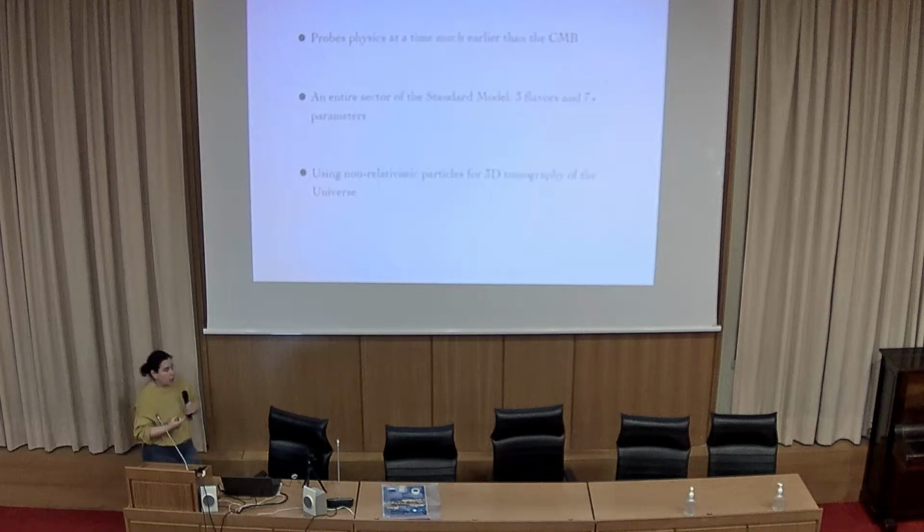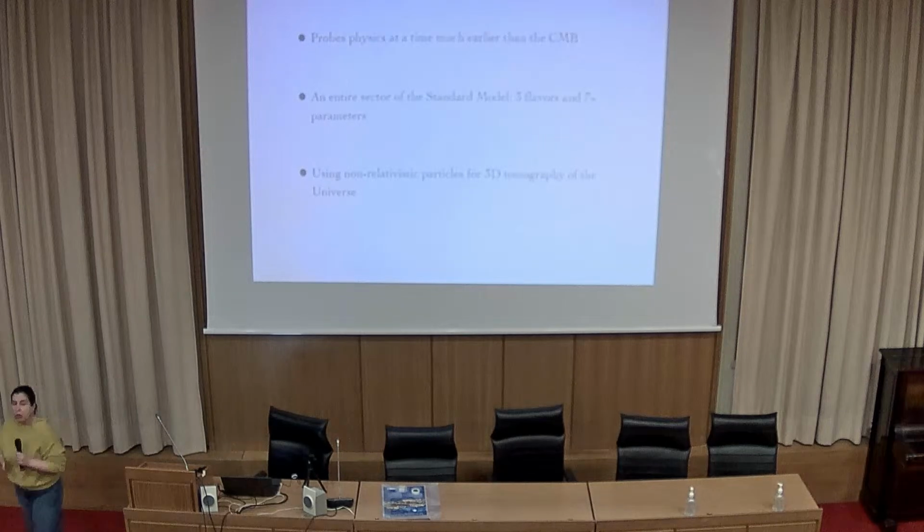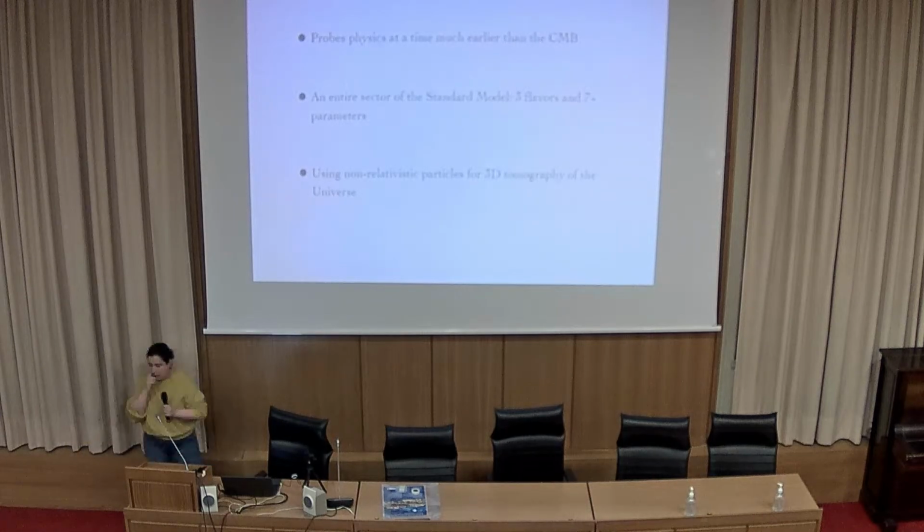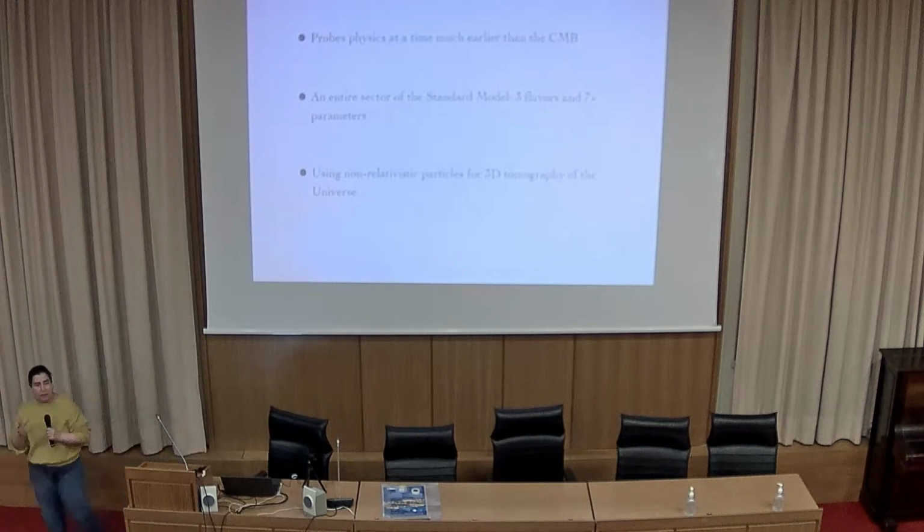Now, neutrinos are also the least explored. Actually, I shouldn't say explored, because they interact so weakly, they're hard to measure. So their parameters are not nearly as well measured as other standard model parameters. And there are other things that come with them. For example, the fact that they are created non-relativistically by what the universe has given us. If we were to discover them, which we would celebrate,